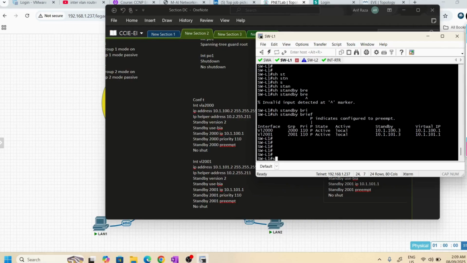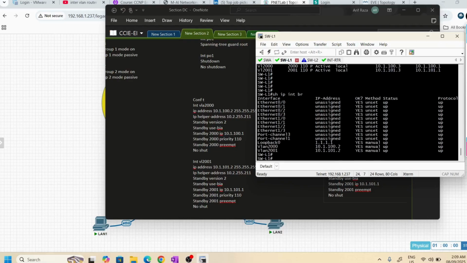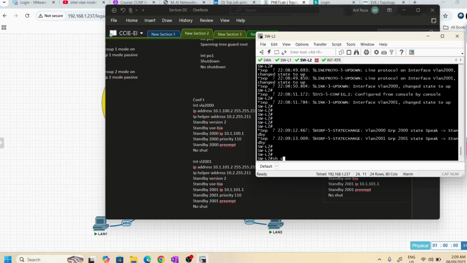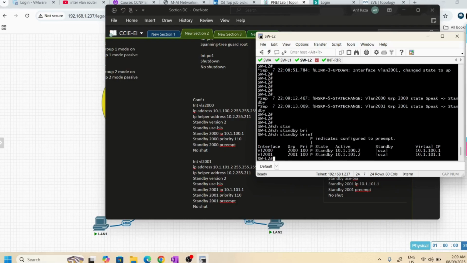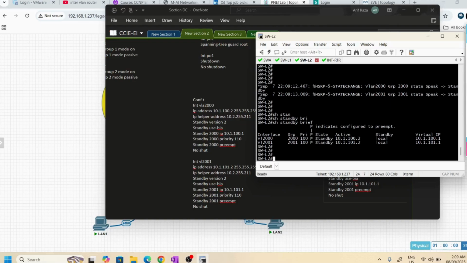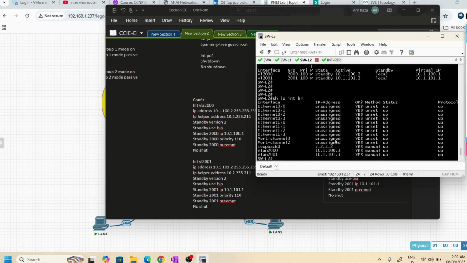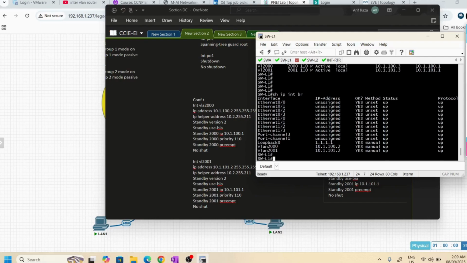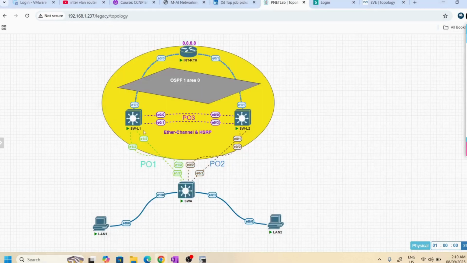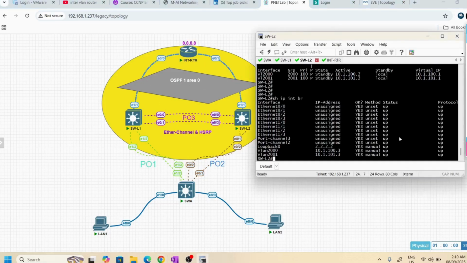What is my IP? So IP interface brief here. Got it. So standby brief. Perfect. Standby active is this one. What is my IP? So IP interface brief 3. So 3 is showing here. Switch 2 is the standby and switch 1 is active. Okay, so let's move to the OSPF configuration.